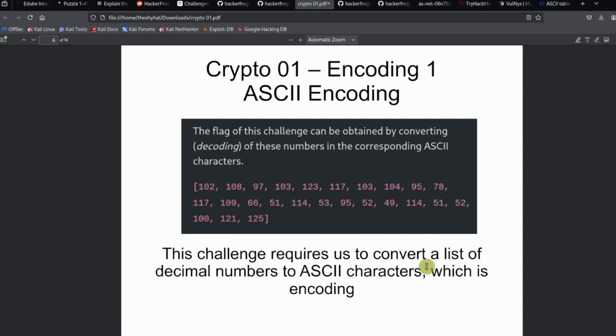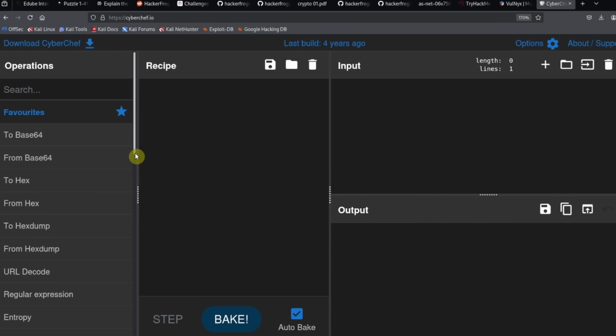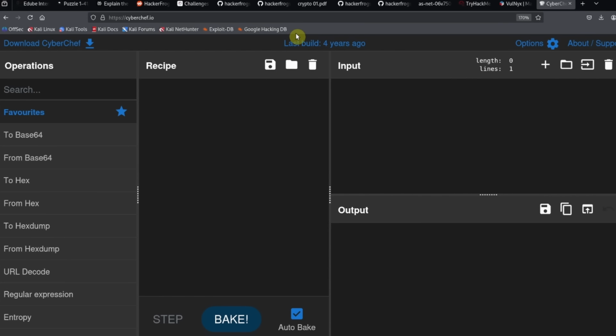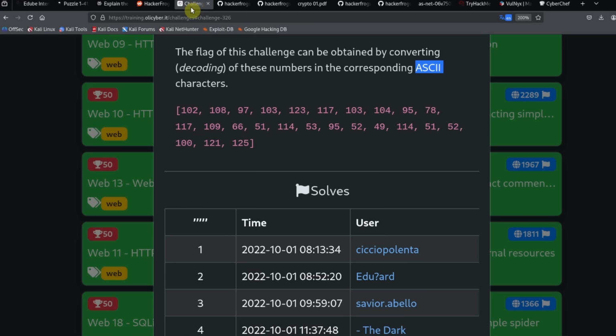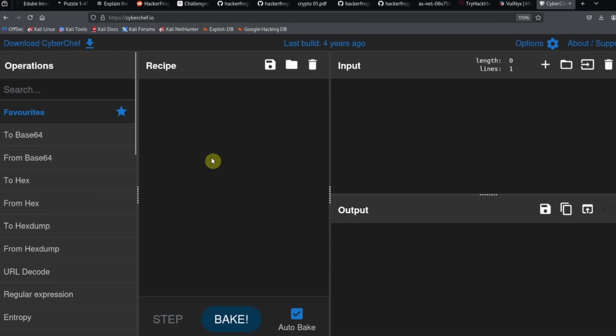the first thing we would do is take all of these numbers and go over to the CyberChef website. CyberChef is a pretty common tool that we use to do data transformation. If you go over to cyberchef.io, you'll see an interface that looks like this. What we want to do is go over to the challenge and select all of the numbers without the square brackets, copy this, go to CyberChef,